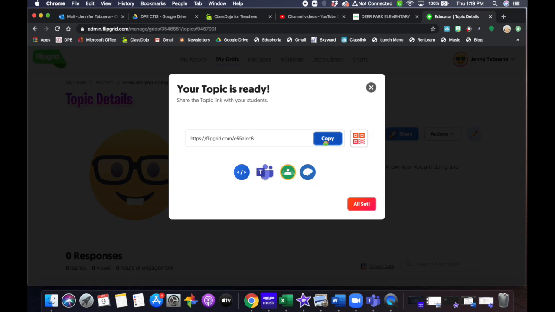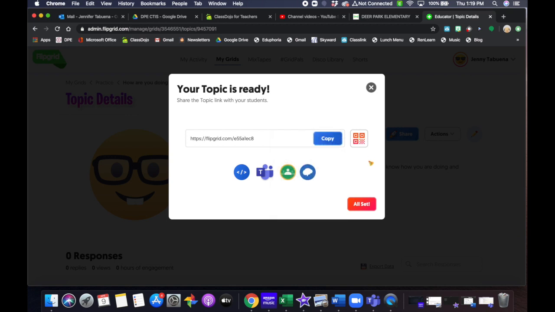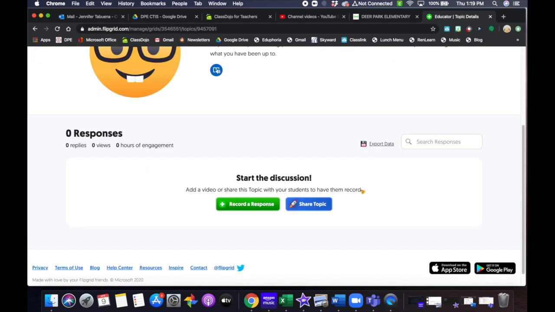So you can copy each Flip code. You can get a QR code for it and save it somewhere and then upload it to Seesaw. You could copy this link and post it to Seesaw. You could also copy the link that we set up for, so right now I'm in the topic, just the